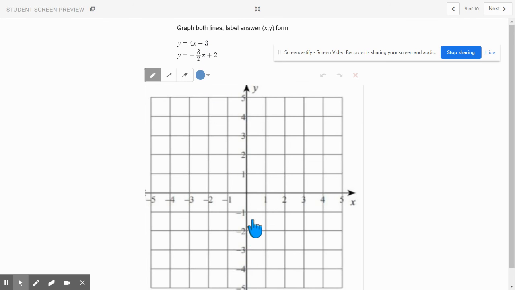-3 would be here. Up 4 over 1. Up 4 over 1. Give me another one of those, okay? And then +2, you go down 3 over 2, down 3 over 2, and then try to give me a line of where they connect. Do the best you can, okay? If you want to rewatch this video or even this clip right here, go back 10 seconds. You can just double tap the screen and it'll go back 10 seconds